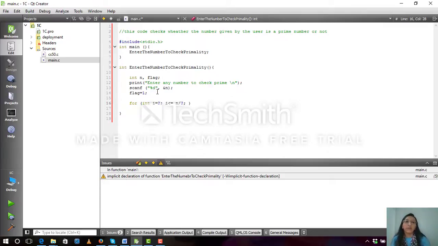Let us suppose that the number given by the user is 3, then it will divide 3 by 2, and we have to see whether the variable I is less than or equal to n by 2. If it is, then what will it do? We use another condition if: if n divided by I equals 0,